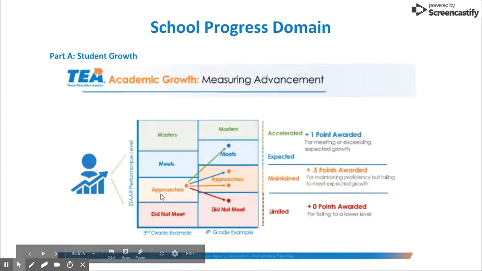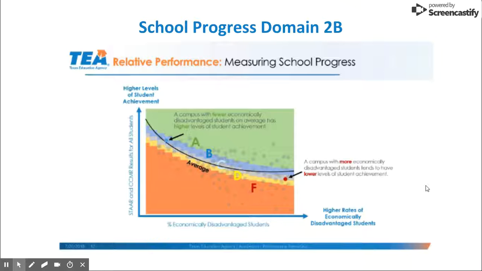So let's take a particular student who received approaches grade level on one particular year. They received no growth score if a student makes regression. If they maintain, they get a certain level of points. But if they meet or make at least a year's growth or a little bit more, they get a certain level of points. But also if they exceed the expected amount of growth. Ideally, we would like to have students at the meets or masters level. The meets level means that they are on grade level and on track for the rigor of college and career ready.